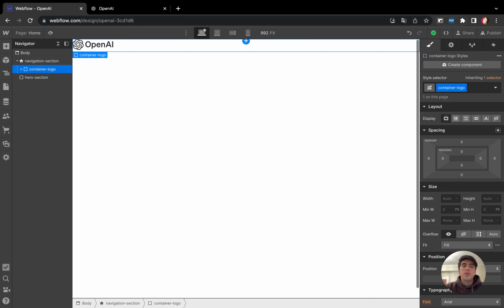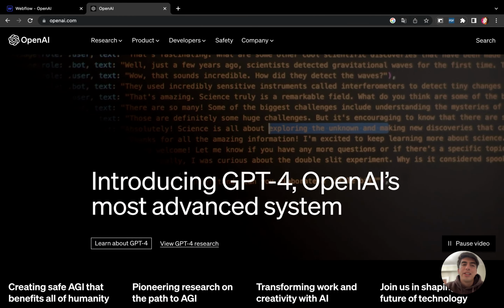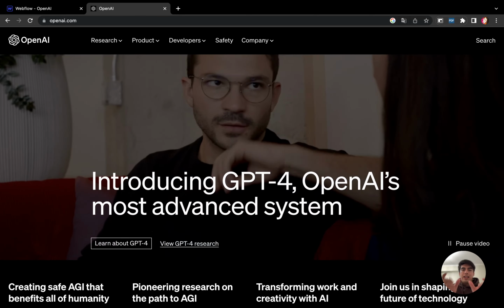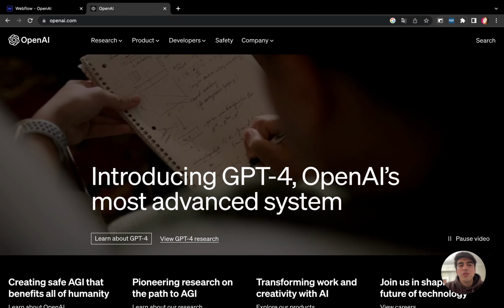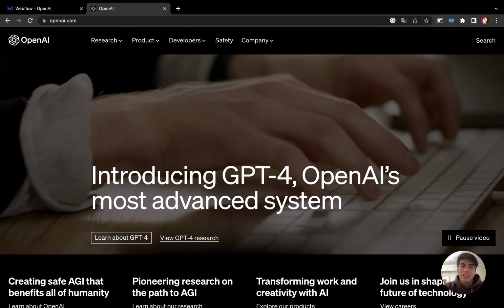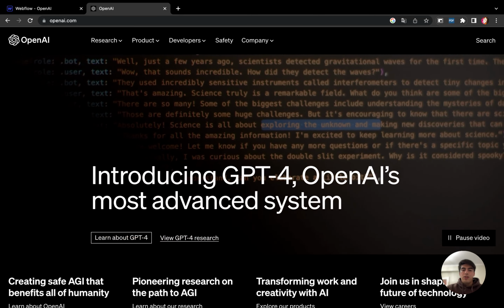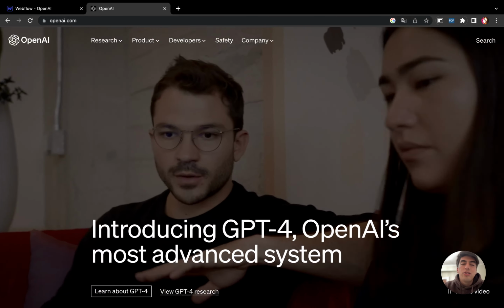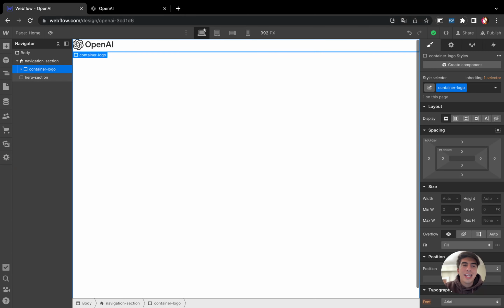So what you want to do is to first understand how many boxes you have in the navigation section, and whether the navigation section is a block that has all the width of your display. So in this case we have the navigation section at 100%, and the container logo, well, it will be just, for example, if you put